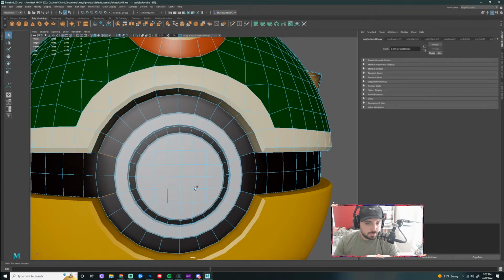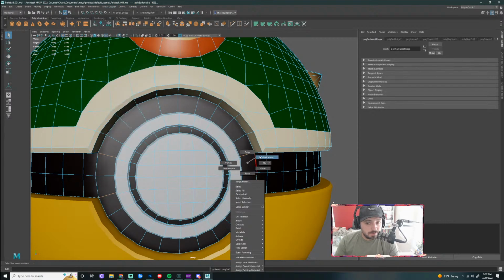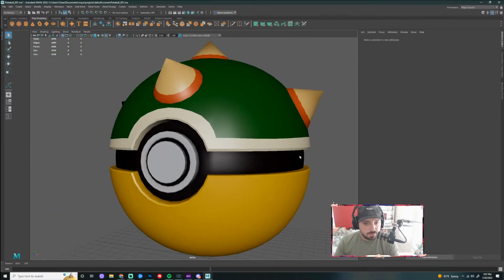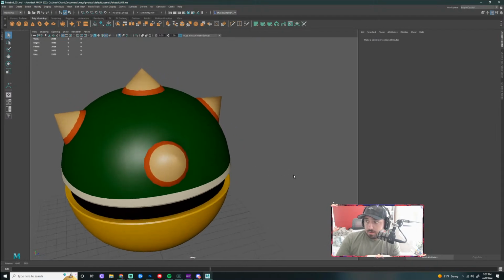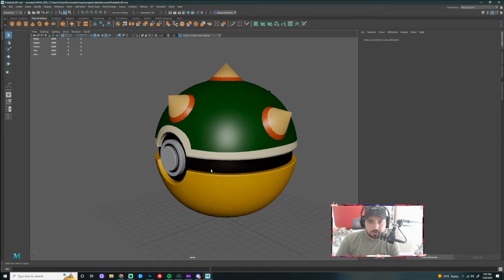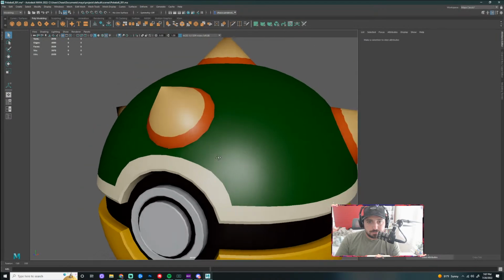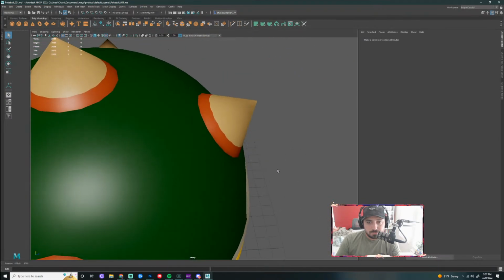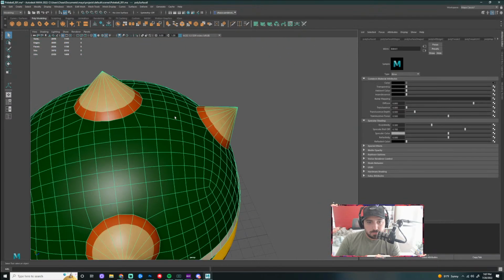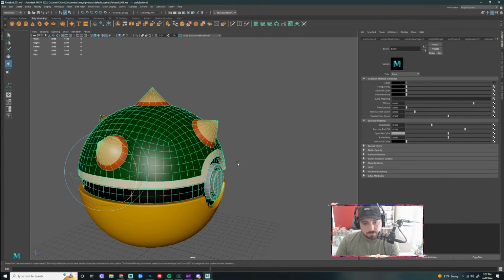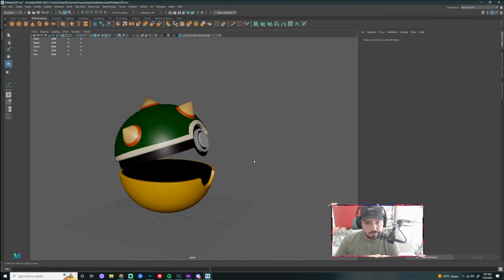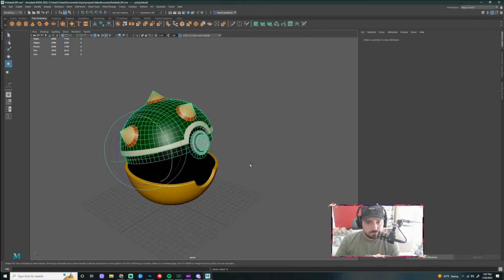What I do want to do in here is take these edges and soften these. Now that's looking a lot better. But we have the starts of our Bowser Pokeball, right? Pretty cool. Okay.